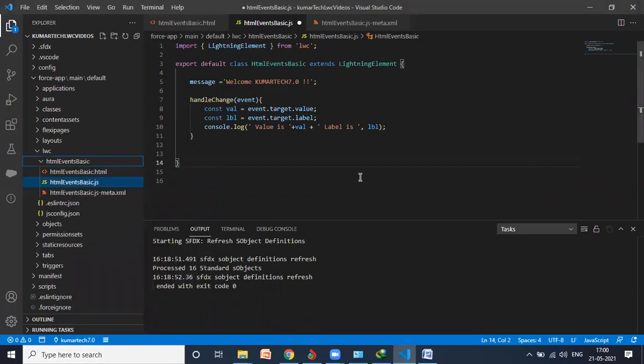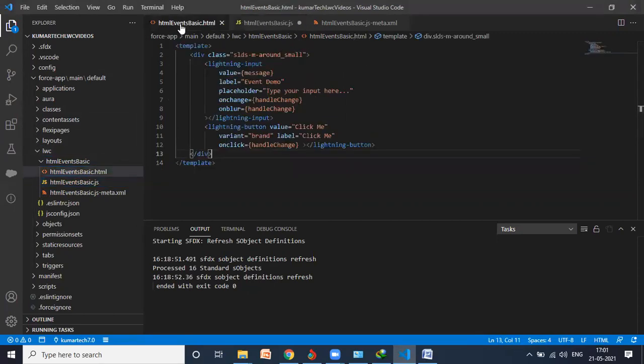Why? What's the problem? The problem was that we didn't sync it to our org. I mean, we didn't authorize our main org. That was the problem. Now, since we authorized, whatever code deployment I do from my end will be directly reflected. How is it possible, sir? Let me show you.